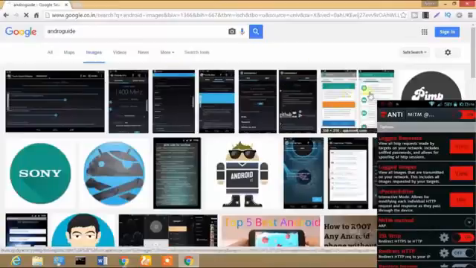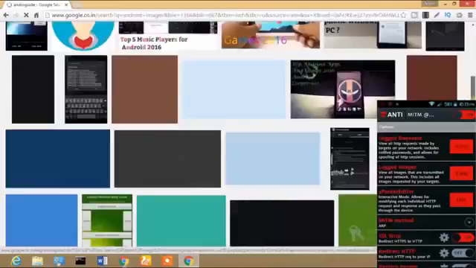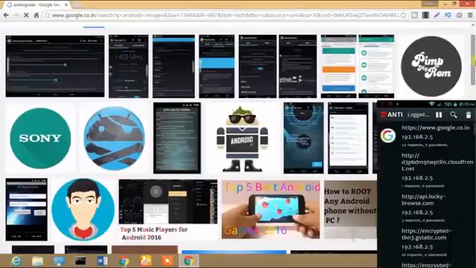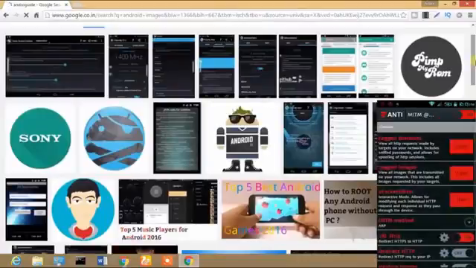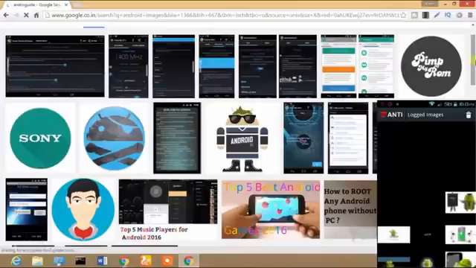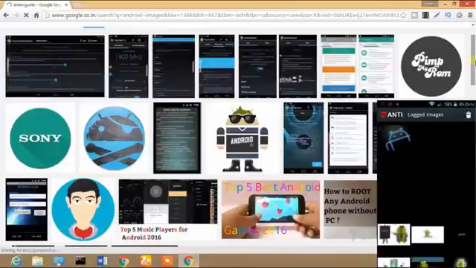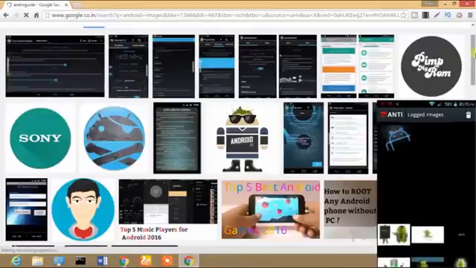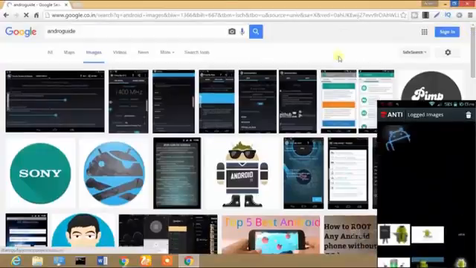Now these are the search results for Android Guide. We can again go to logged images. It takes a little time, that's why it shows different glitches. It takes time to update. In this way you can even see all the images the user is downloading or trying to get.